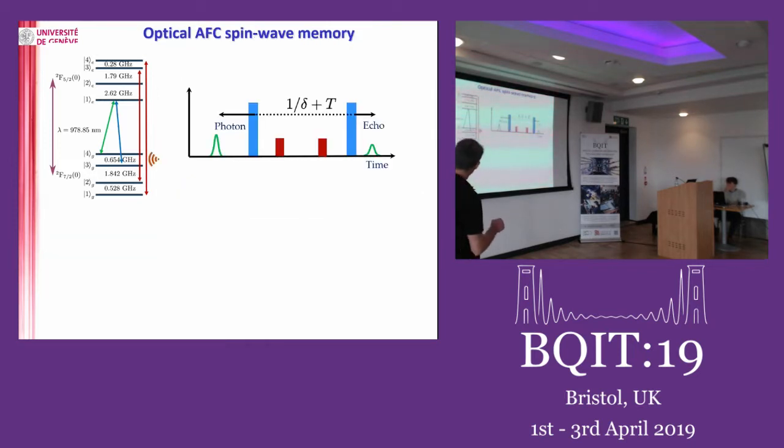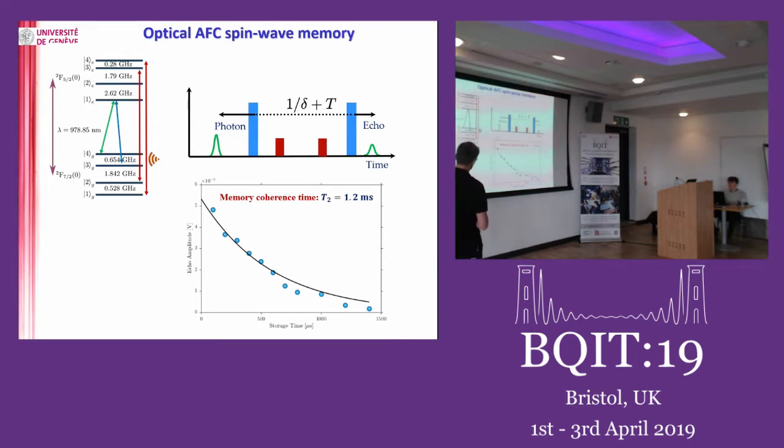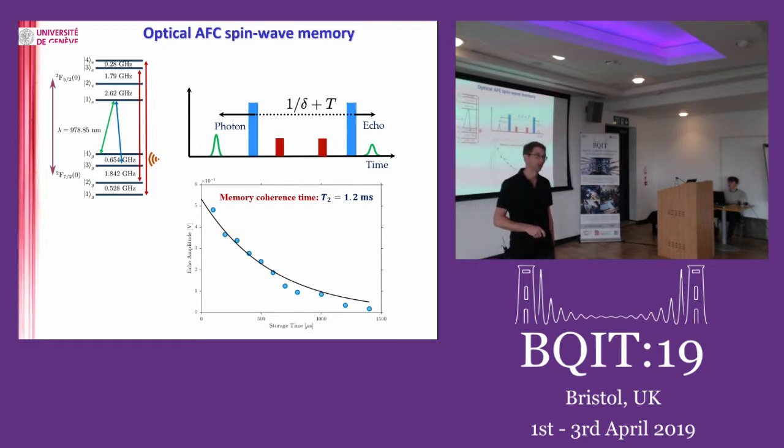And we did obviously try to put in the control fields and make a full memory scheme. So we have an input, we have the optical control field. We manipulate the hyperfine state with 654 megahertz radio frequency or microwave pulses to do spin echoes, and then we read it out. And we do see a memory. We have something like 3% efficiency right now, and we have lifetimes of 1 millisecond. So very similar to what we had in the nuclear system before. So this is where we stand right now.